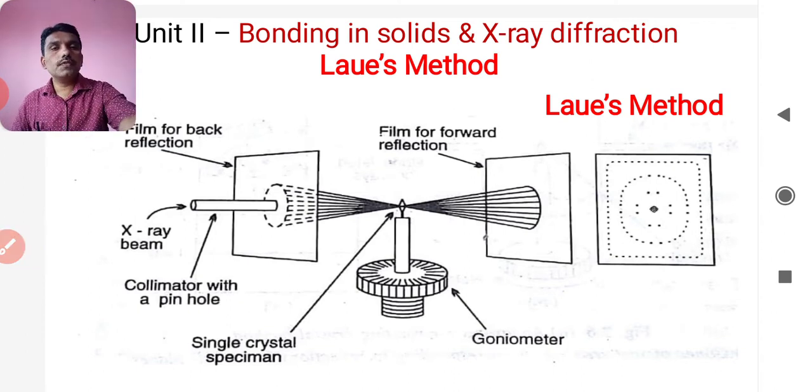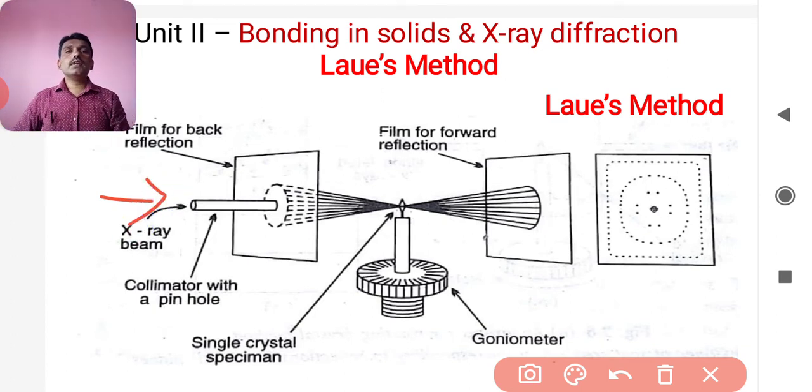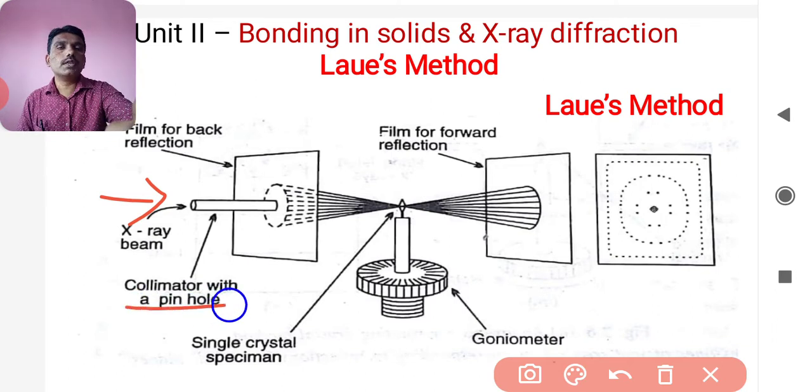And from this pinhole the X-rays come with wavelengths of nearly 0.2 to 2 angstrom, that is 10 raised to minus 10 meter, or 10 raised to minus 8 centimeters. That is the angstrom unit, 1 angstrom. Now the beam of X-ray is incident through this collimator having the pinhole, onto the goniometer or prism table. And here is the crystal whose three-dimensional atomic arrangement you want to find out.